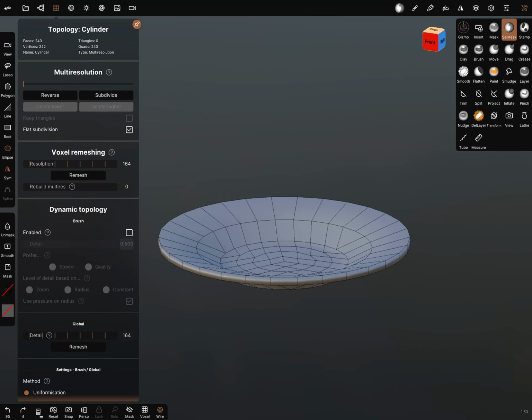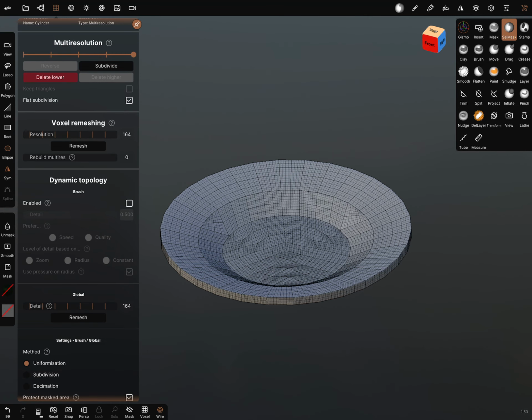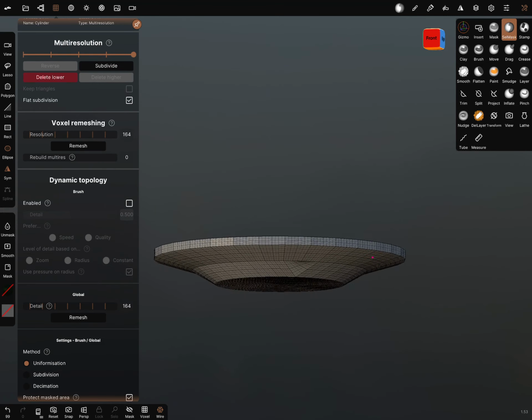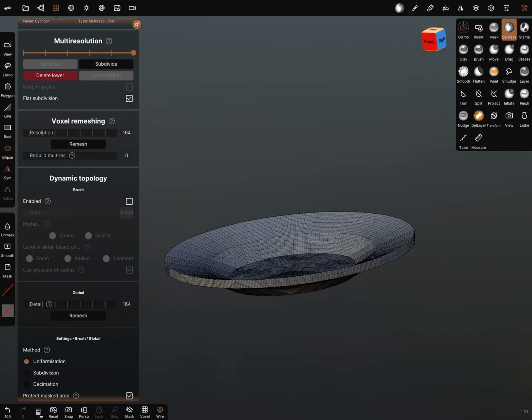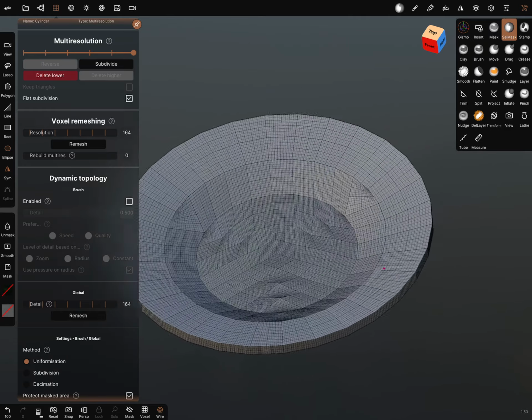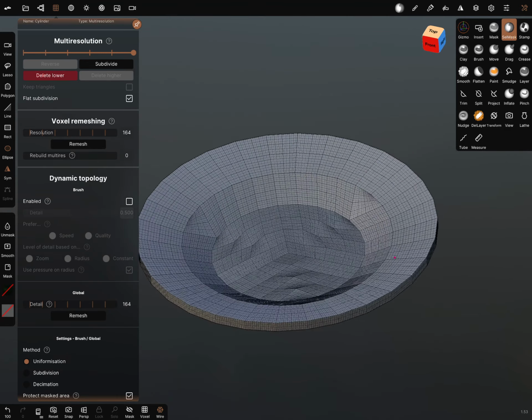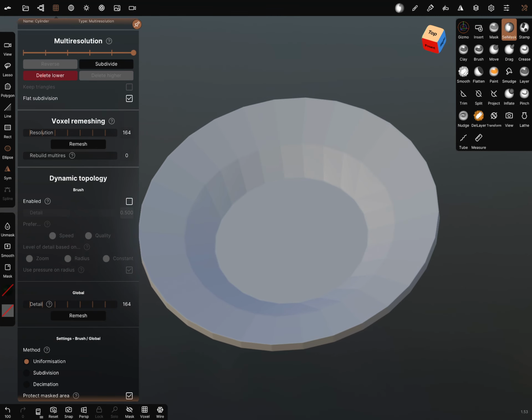We can let flat subdivision on, then the edges are sharp. You can do it like you want. Okay, I can turn the wireframe off, and now we need pictures.